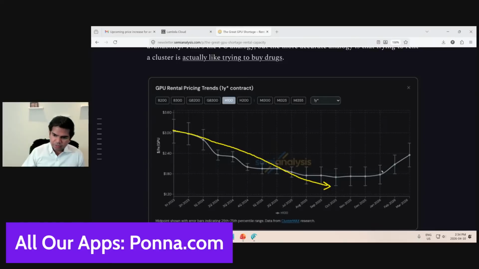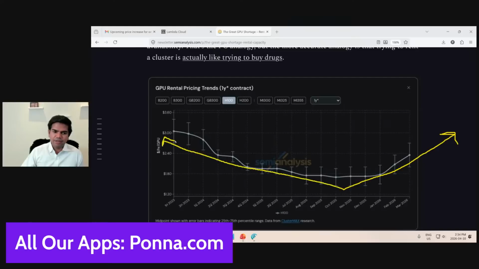Now, since January, you see this? This is January 2026 here. You see the trajectory going up. Like you see this? This is the actual chart, right? This started off here, and from January 2026 it started going up. Now, this is crazy because